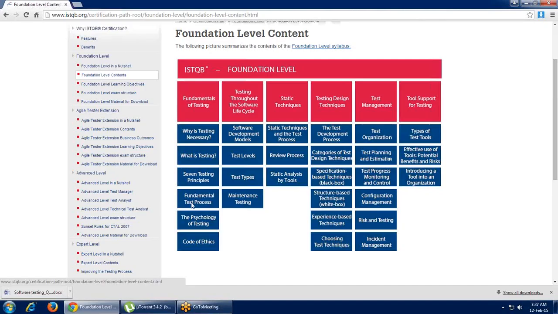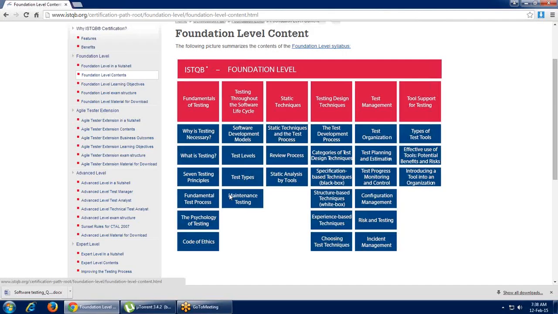Same with the fundamental test process. Now, what does the fundamental test process stand for? I'm just giving you a brief, right? For each and every module, I will share the PPT with you, whatever knowledge I deliver in our training sessions, with some interview questions. Along with that, I will give you some homework or case studies where I will share websites on which you have to start practicing testing, and you can submit the report to me after that.